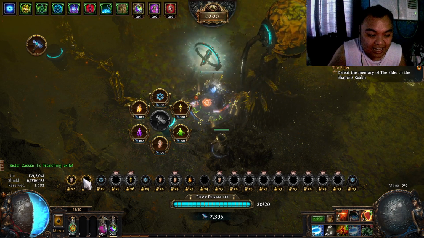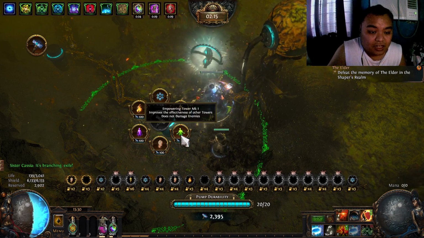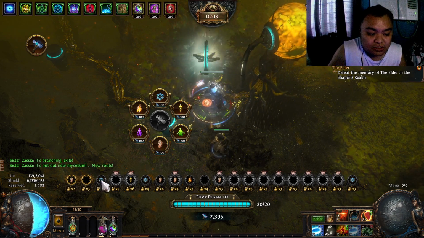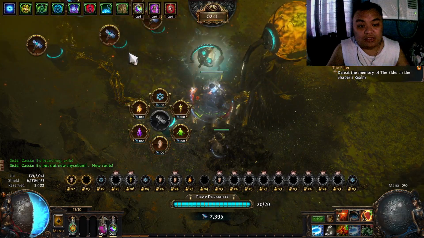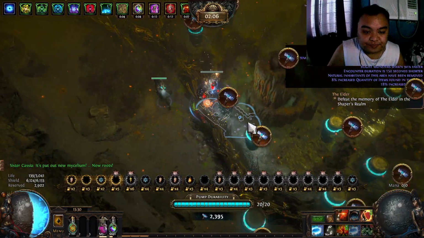So I'm not going to use that, and I'm not going to use freezing towers. This might be hard because the only thing that slows the monsters are the freezing and the stun. So this might be probably hard. But what I will do here is,